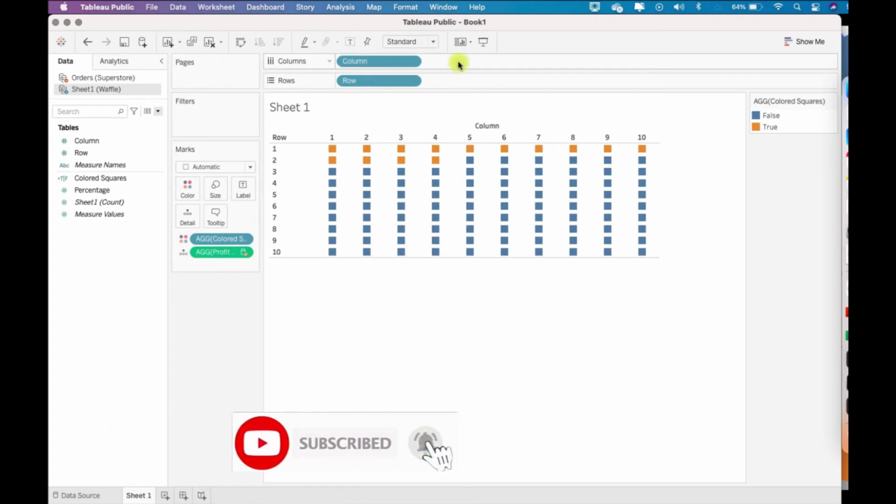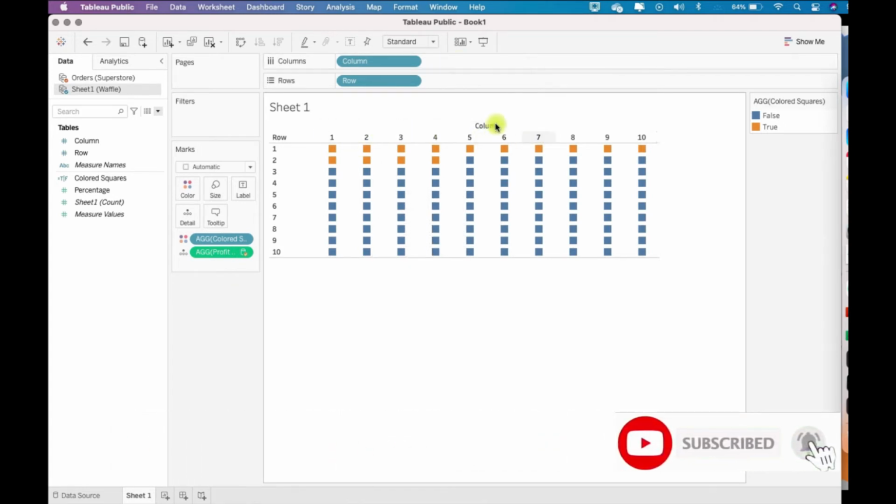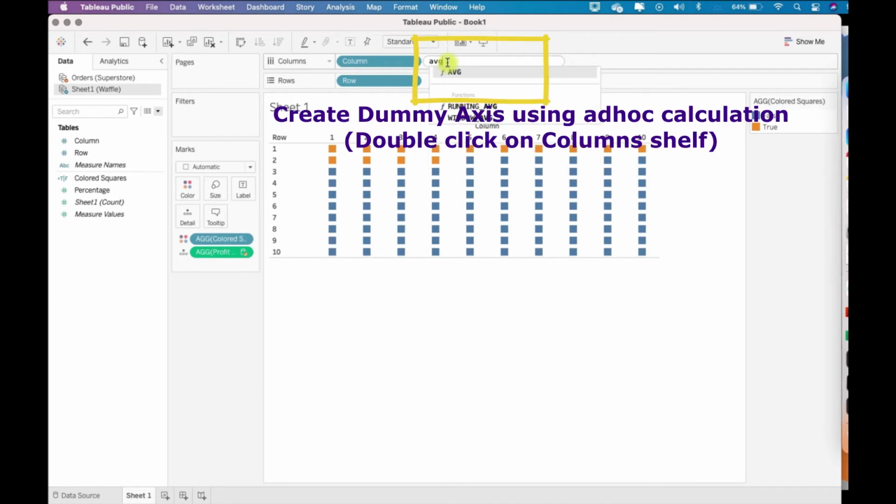What we'll have to do is create a dummy axis. For each of these values of the column header, we need a dummy axis. So we'll create an ad hoc calculation here. We'll just double click on this, and create an ad hoc calculation called average of 1. Now this will create an axis for each of the values of this header.